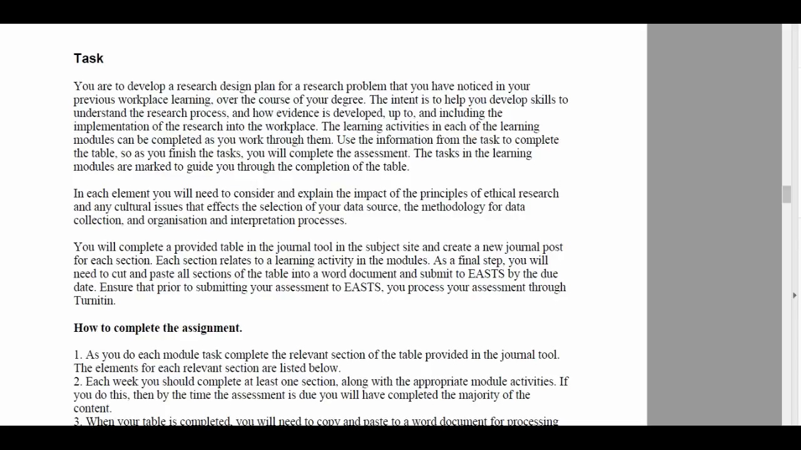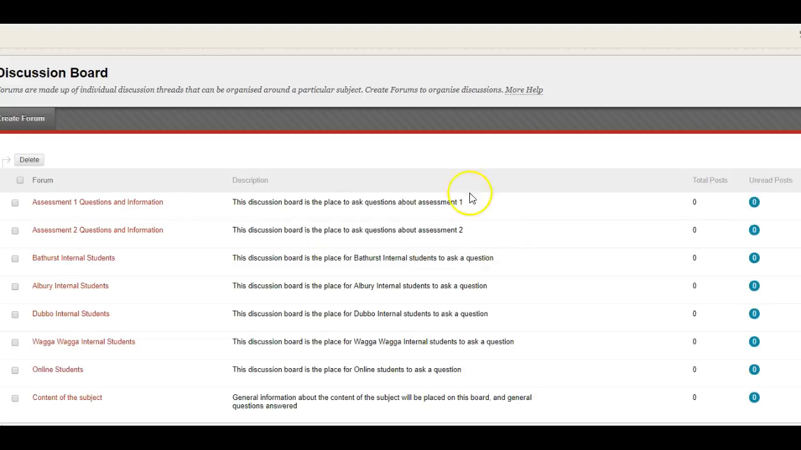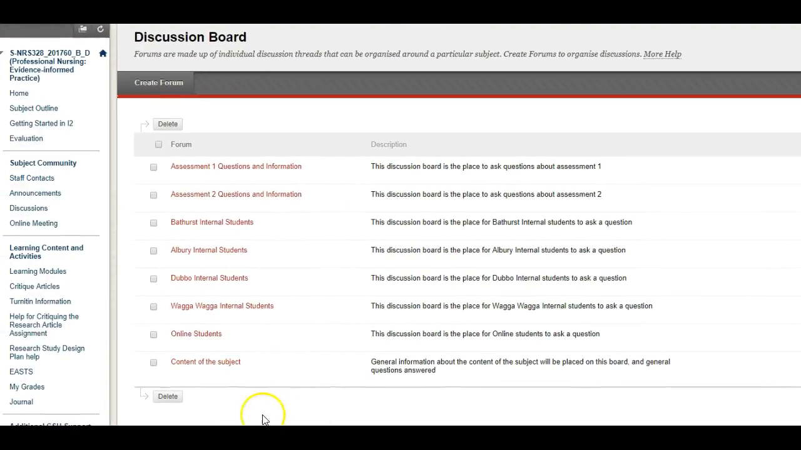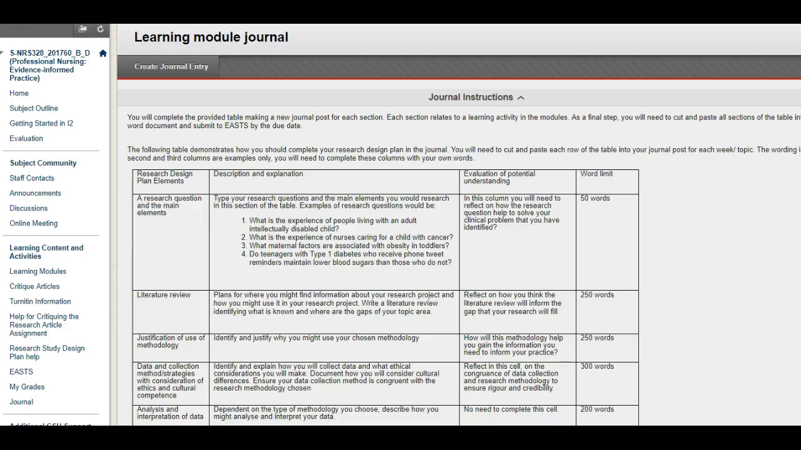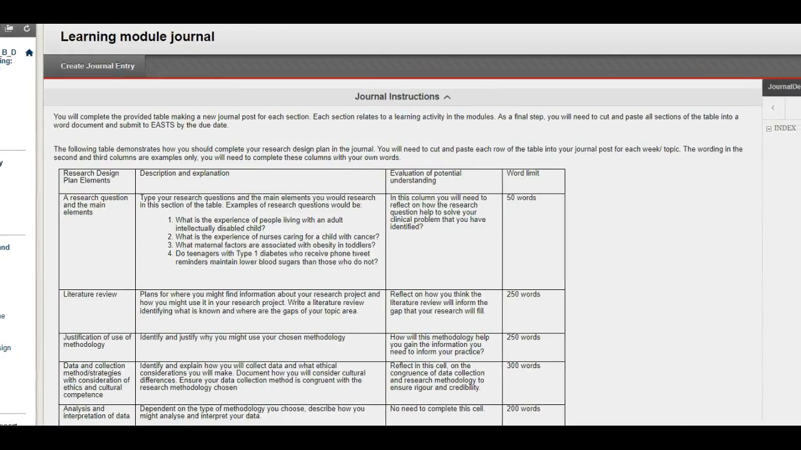You'll be using the journal tool, and let's go and see that. So if we just move this a little bit over here. So we're in the discussion board currently. So if we pop over to the journal tool, you will see that it looks like this. Now I'm just going to move it across